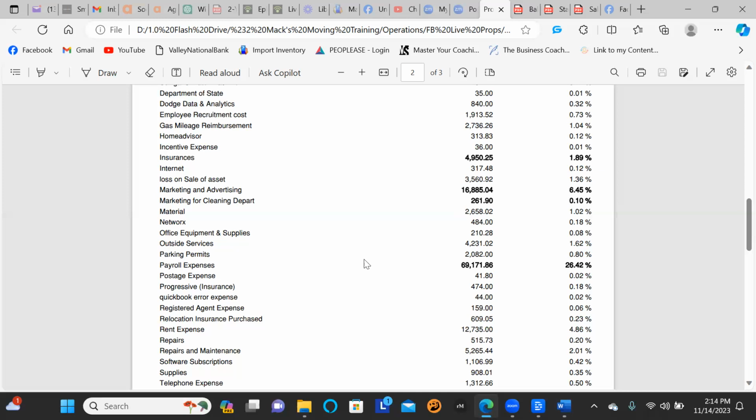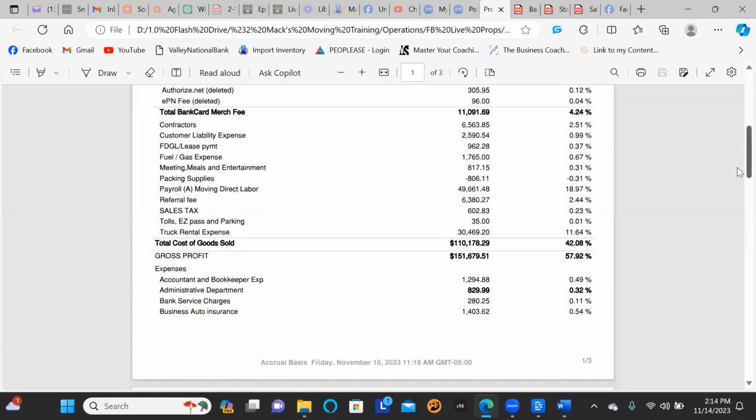Again, this is the general payroll, so I didn't break it out where we could see the administrative payroll. But this is going to be the taxes for the movers as well as the administrative person, and any other tax breakout. So we have 26% here, and we look at the mover direct payroll at 18% or